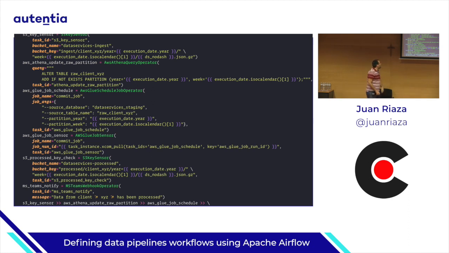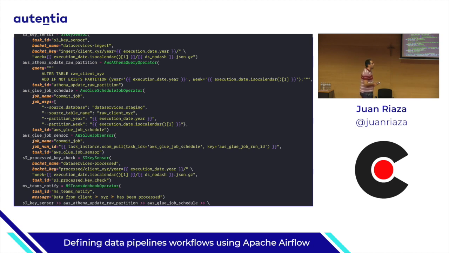And with the S3 key sensor, we check if the file exists. Okay, if it's really present. And then we notify our team. And on the last line, there is this dependency graph. And you might notice that there are some brackets over there. Why? Because